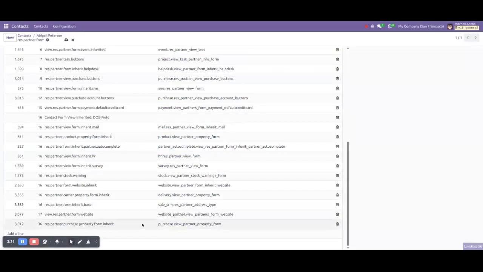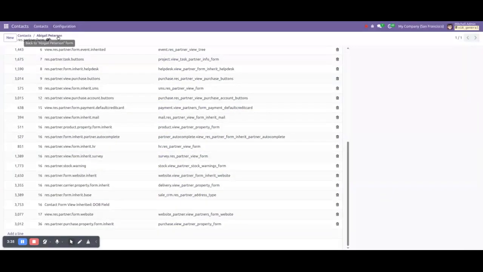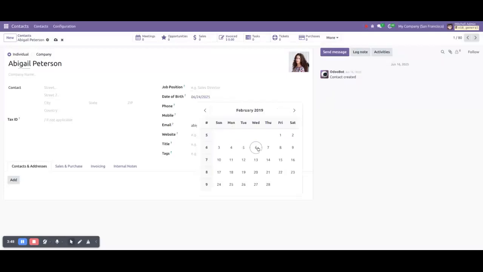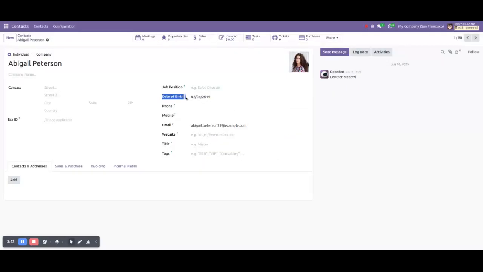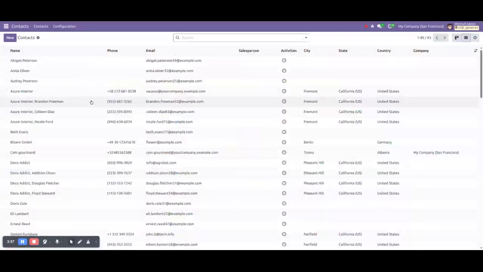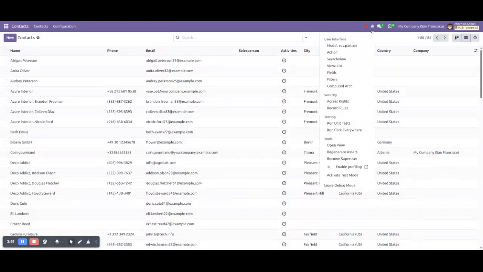We'll save, and if I go here you can see date of birth, it's added, right? Let's say we can give any name here, right? We can give this, and also if we want to add it in the list view, then let's say we